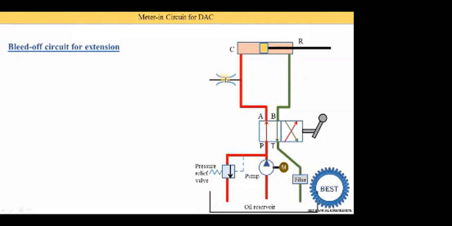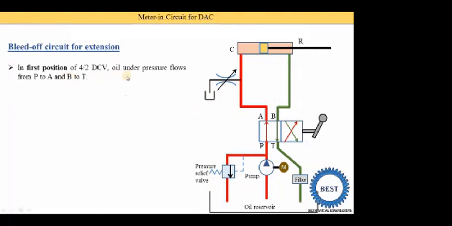So in this bypass line, you see the symbol of a flow control valve is drawn. So FCV is provided here. The outlet of the flow control valve is connected with the reservoirs. For simplicity, here I draw the symbol of the reservoirs, or you can directly draw these lines to the main reservoirs.